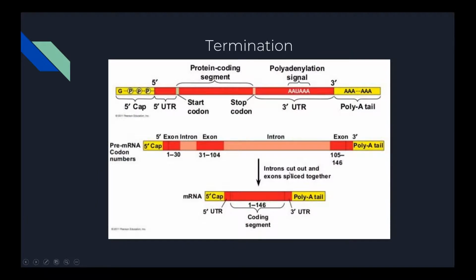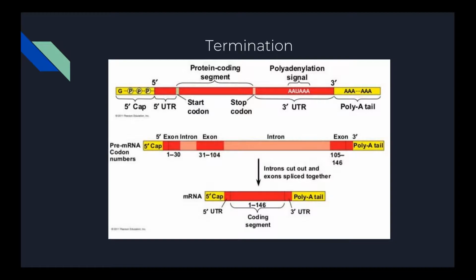So once elongation has occurred, we then terminate. And the way we do that is with the newly synthesized RNA strand, we cut it off of the DNA and prepare it for its role in the cell. The signal will cause RNA polymerase to break off from the DNA, and with it will go the RNA. The RNA strand must then be prepared for where it is going to go, which is the ribosome in the